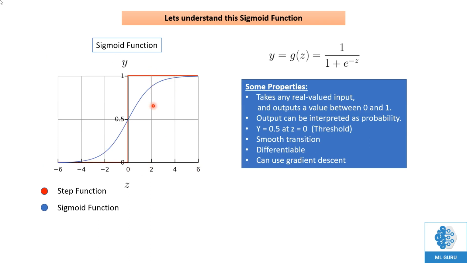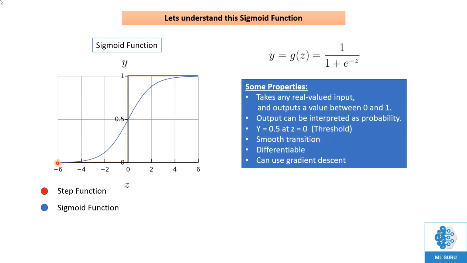The next important point is the point of threshold. Now what is the point of threshold? It is that particular value of z at which the model outputs the value of 0.5. Now in this case, with this particular type of equation, if you notice, the model will output 0.5 when the value of z is 0. So at z equal to 0, your model will output 0.5. So this particular point z equal to 0 is your threshold point.